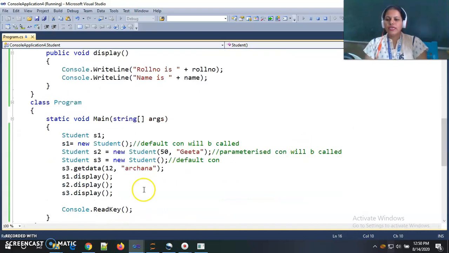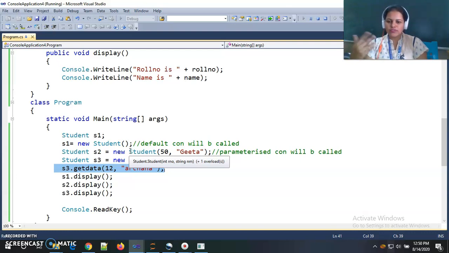Again we see here this getData method we forcefully called. So this is the explicit call of the getData function, but we are not calling the constructor. So the constructor call is implicit. We are not calling the constructor function forcefully. By default the constructor will be automatically or implicitly called while we are creating an object of our class.